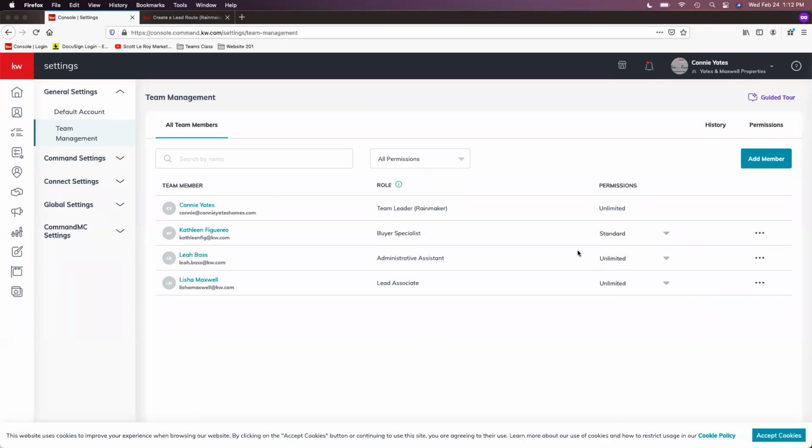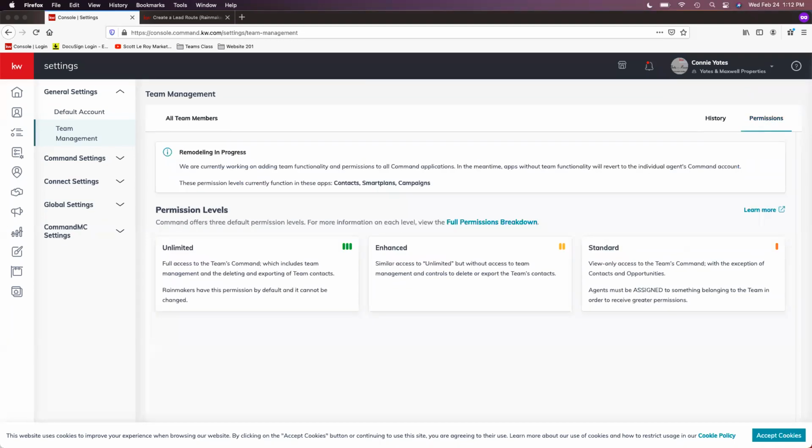If you guys want a breakdown of the permissions that are available, we can go ahead and click on permissions, which is on the right-hand side. And this is all in the notes as well. If you guys are following along with the live class, I posted them in the chat. If you scroll all the way up to the top, if you guys are following along with the recording, there is a Google Doc URL right in the body, the description of this class, and it will break down everything that we're going over. But once we click on permissions,